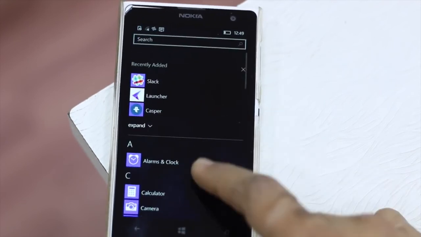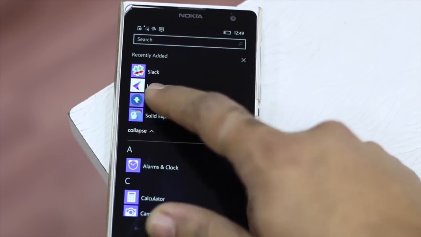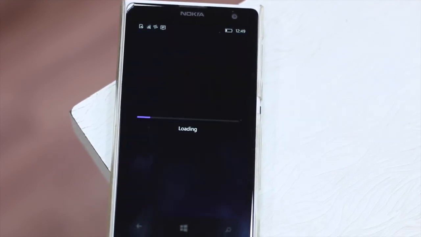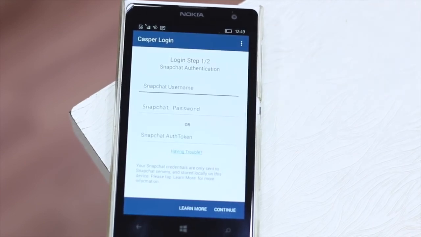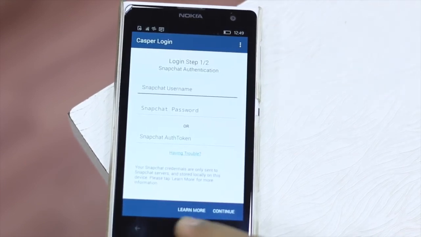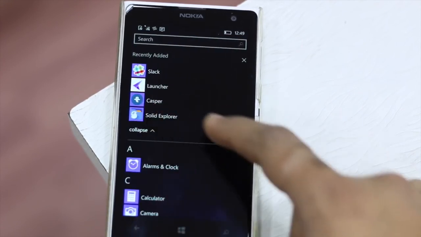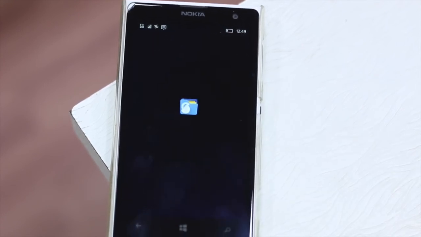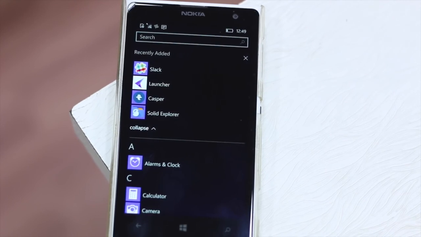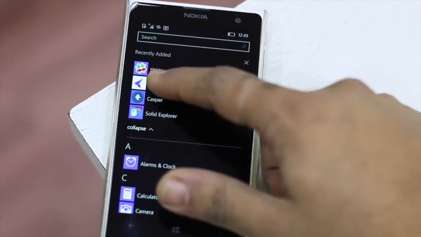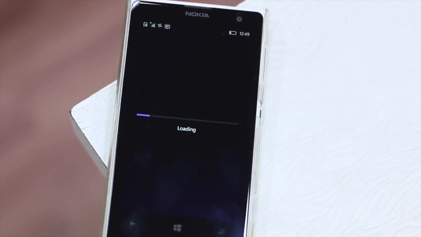So you have Casper here. So now Casper is a Snapchat app which asks me to log in, but when I actually log in, it will ask me to connect to Google services, so I had left it right there. So that is there, and there are two more apps which really didn't work that nice, but because of the Google Play services, this will crash actually. So this is the kind of loading you will see. It actually loads in an Android environment where it supports all those Android files and system files and etc.